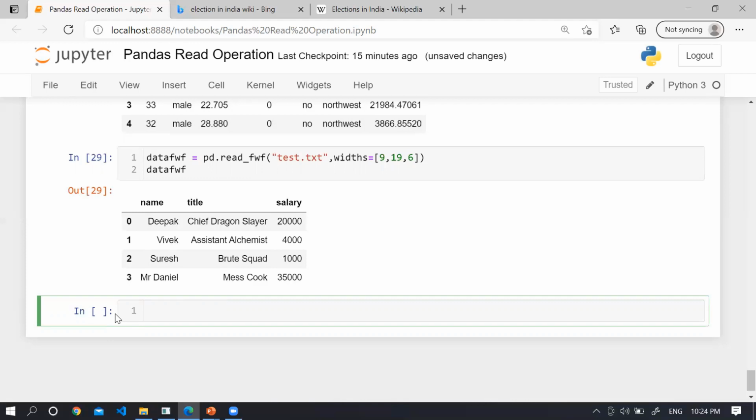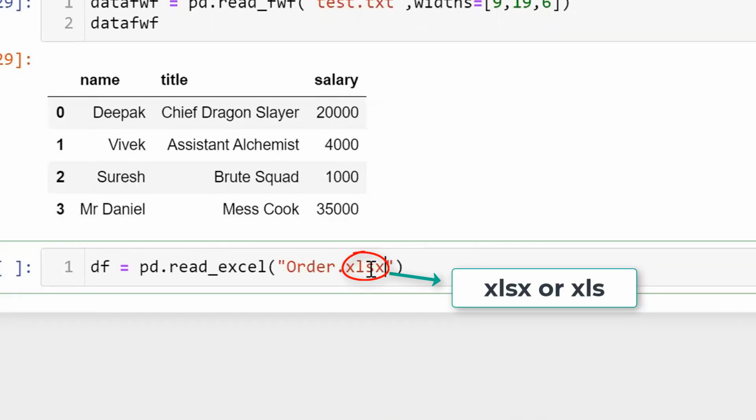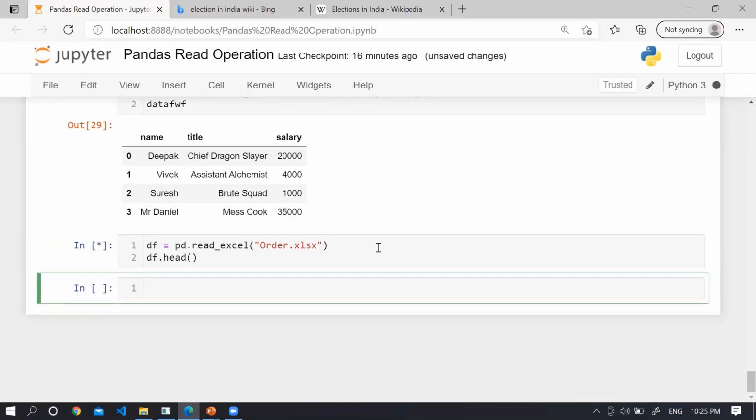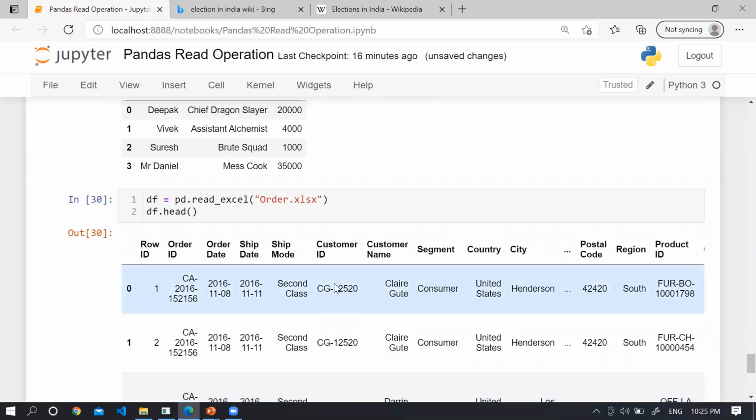Fine. And guys, you can also read the data from an Excel spreadsheet. How can you read the data from Excel? Simple, you can use the same concept, which is pd.read_excel, and here you can supply the file. I want to read the data from, let's say, order.xlsx, and here you can pass .xlsx and .xls. Now let me read the data from that particular spreadsheet. So guys, you can see that this is the data. Simple, you need to remember this concept, read_excel. It is pretty easy to read the data from Excel using Python programming or pandas.